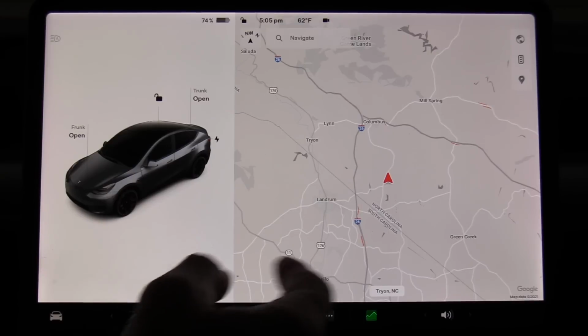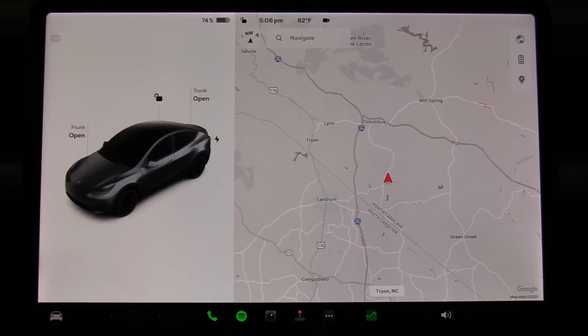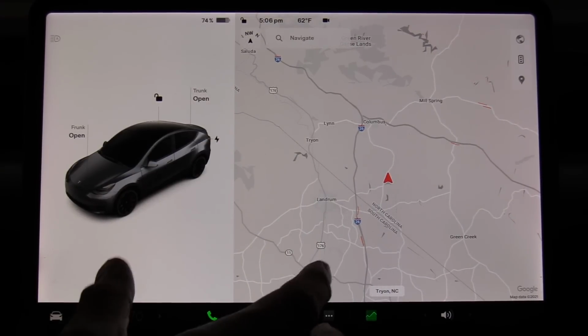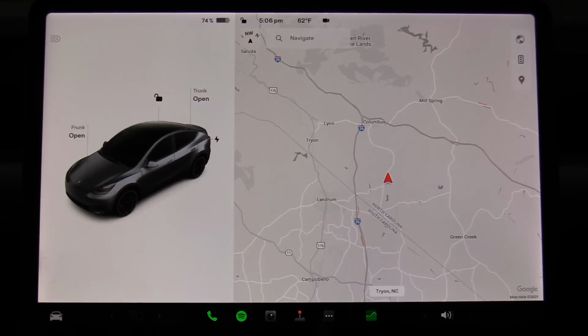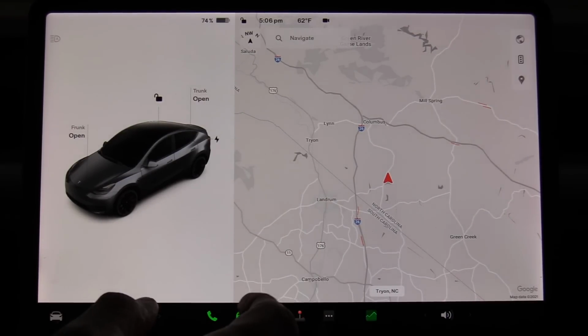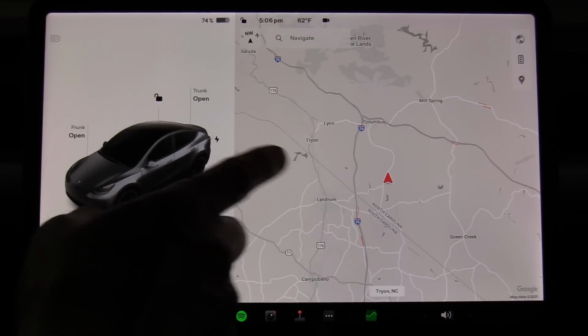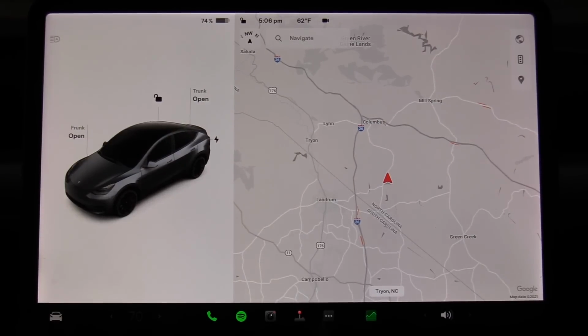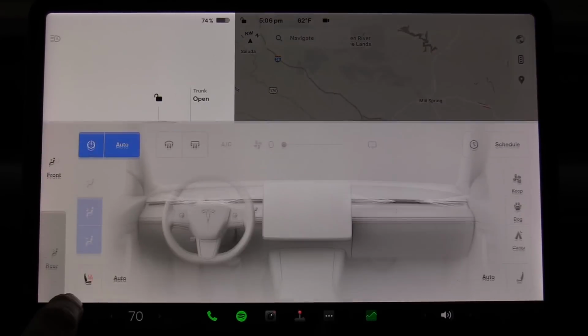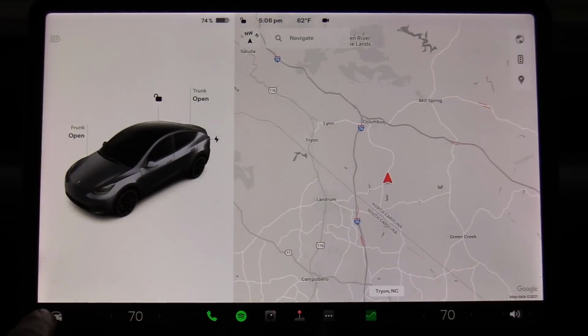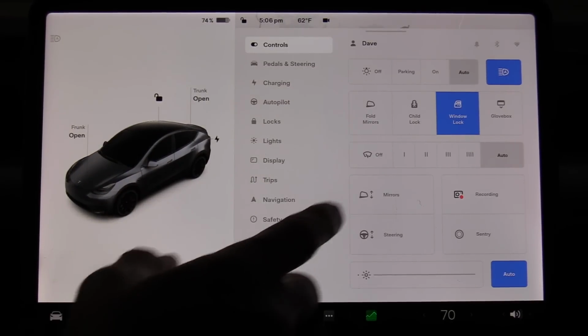This user interface, or simply called the UI, allows the car to have additional features and functionality. Just as you saw with this upgrade, I have 3 more games. I have more functionality. I have the ability to share things with my phone and do things that I couldn't do in the previous release. Did I have to take it to a dealer? No. Essentially, all I had to do here is take the car and hook it up to the